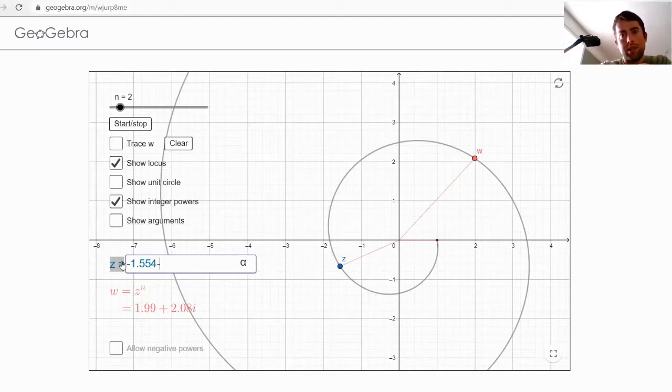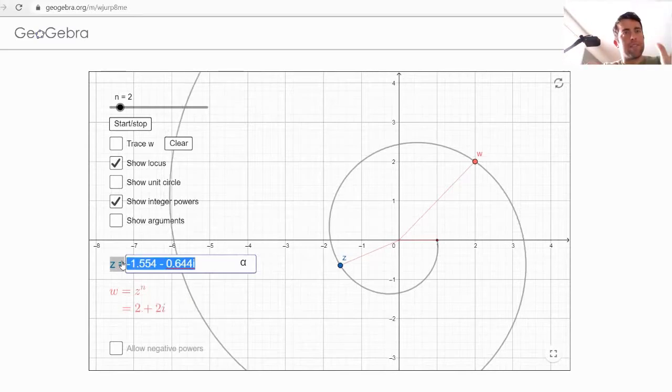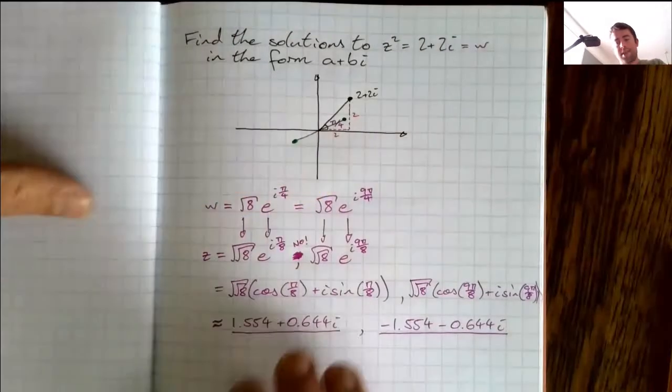554 minus 0.644i, and press enter. Brill. And that is spot on to 3 decimal places. That squared becomes 2 plus 2i. Fantastic. I'm going to do one more example for you now with a